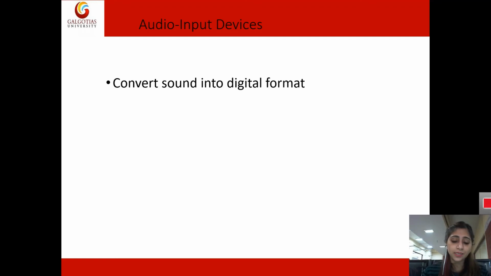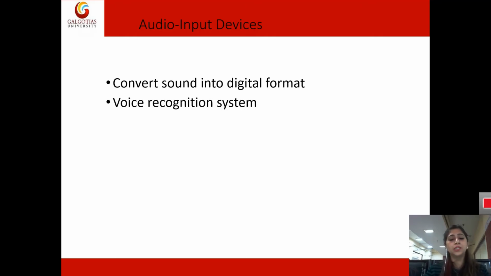Then we have audio input devices. Audio input devices are used to convert sound into digital format. The data that is input to the system goes through the audio input device. With a mic, you enter data using speech, and that sound is converted into a digital format that is understandable by the computer.